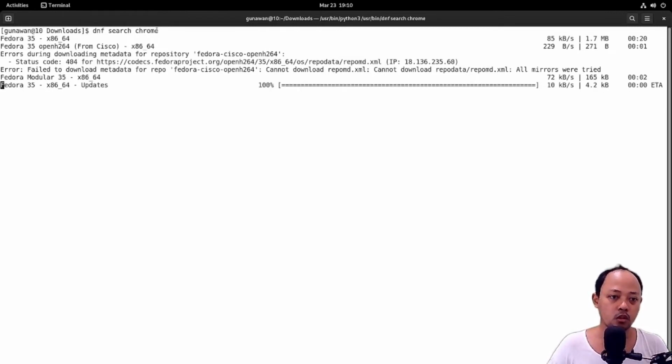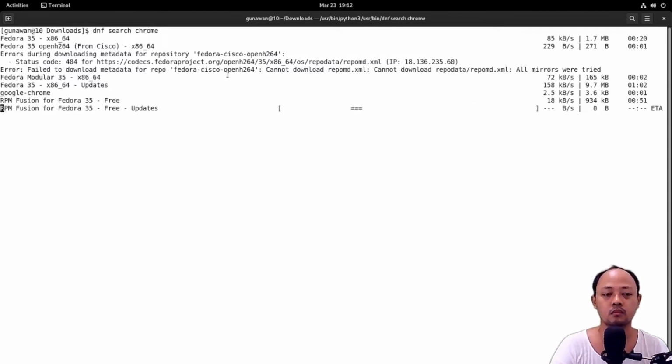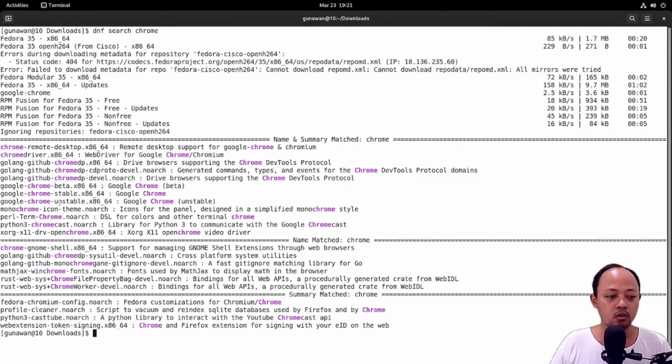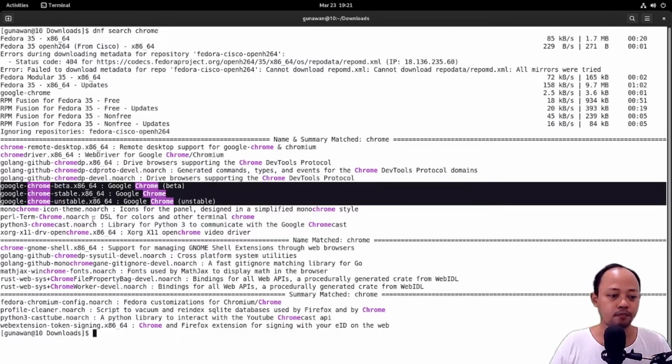So Chrome is the keyword. We can see here that there are 3 packages of Google Chrome: Chrome Beta, Chrome Stable, and Chrome Unstable.